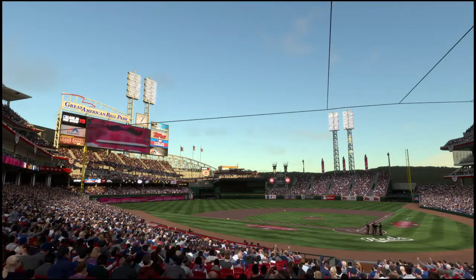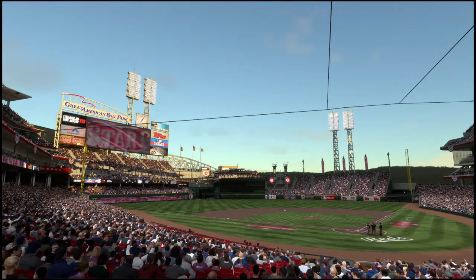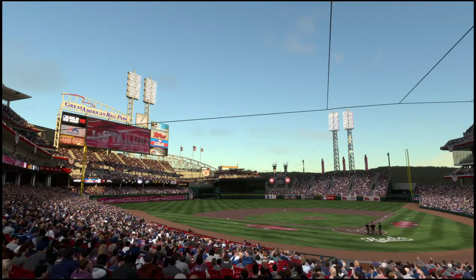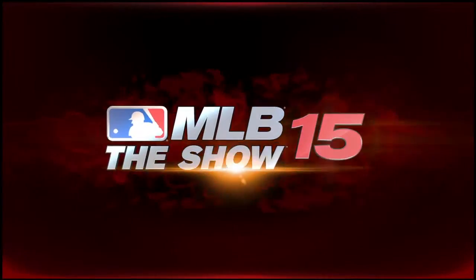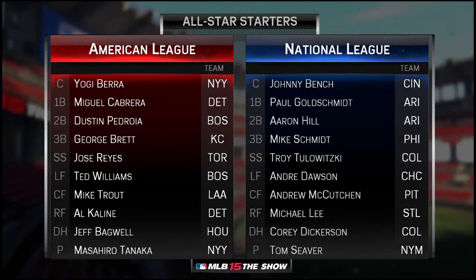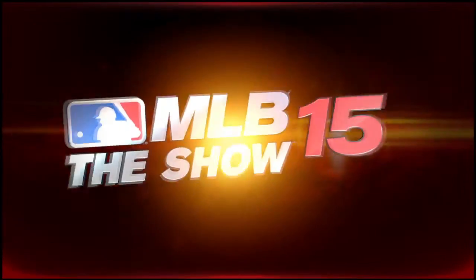Hi again, everybody. Matt Vasgersian. Welcome to our special coverage of the Major League Baseball All-Star Game here on the show. I'll be joined in a moment by Eric Harris and Steve Lyons, but first, let's give you a look at this year's American and National League All-Star starters, as this year fans cast close to 400 million votes online. A staggering number.